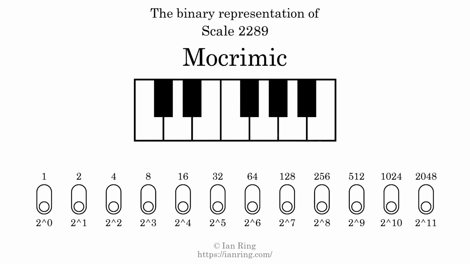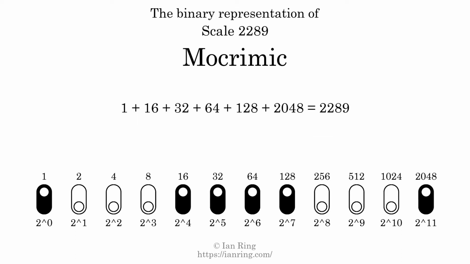The binary representation of this scale is determined by mapping tones of the scale to binary digits. Each binary digit represents a power of 2. To get the scale number, we add the powers of 2 together. The powers of 2 that are present in the scale, all added together, equals 2289. That is why the scale number, in decimal, is 2289. The scale number not only enumerates the scale with a unique index, but it also literally describes the tonal content of the scale. Represented as a binary number in base 2, the scale number is